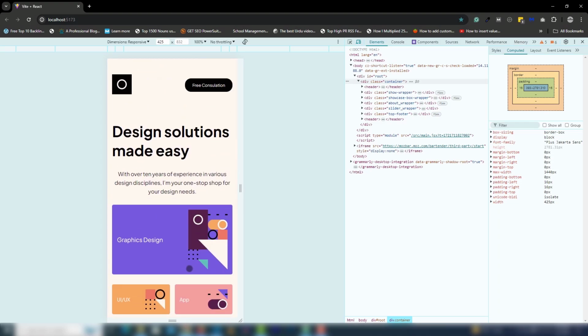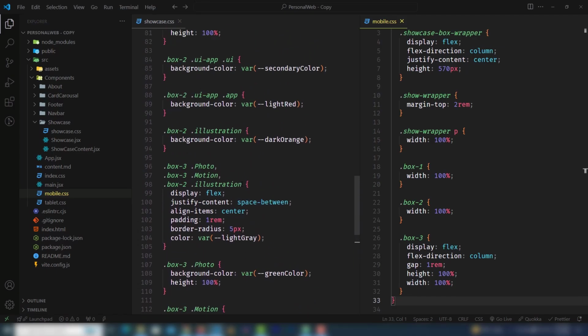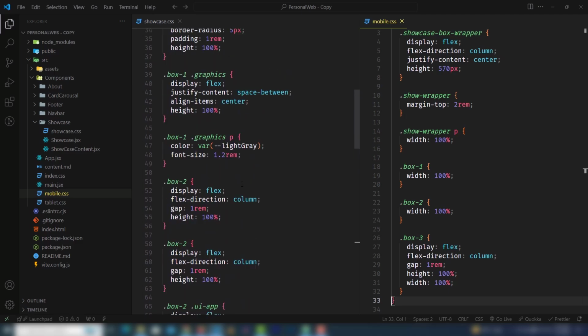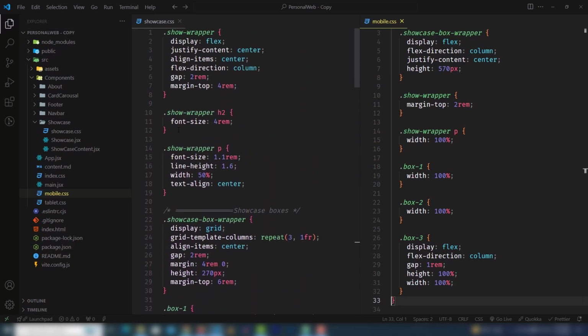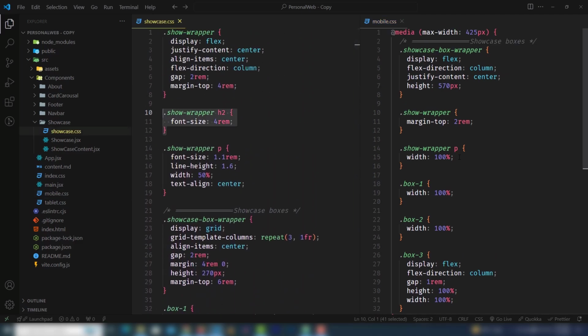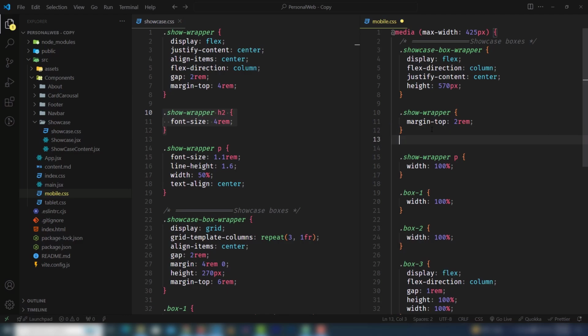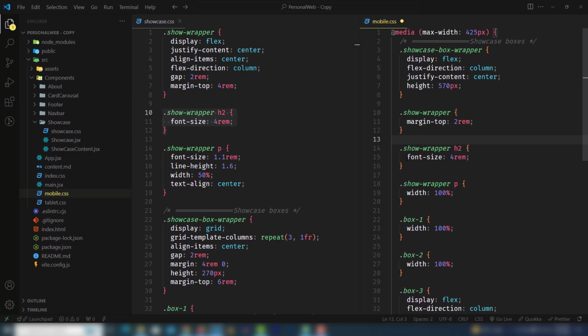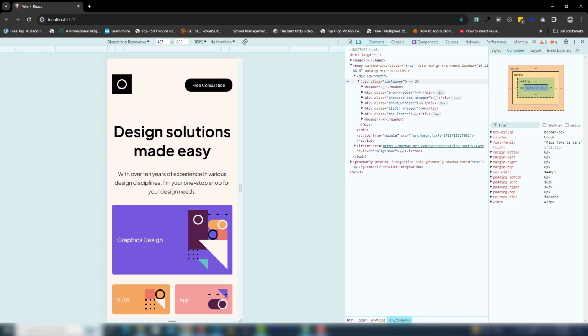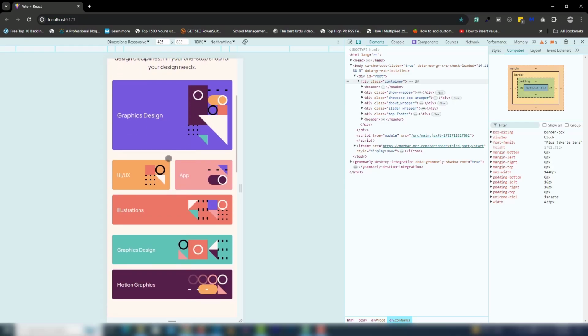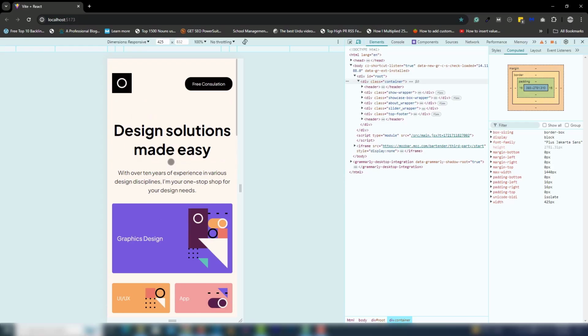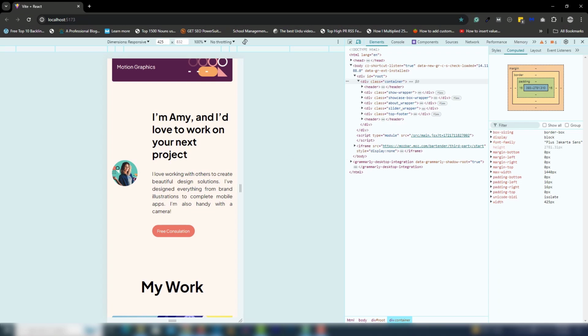Yeah, and also we need to fix the H2 that appears inside your top. So let me get this one, and I will use text align center. Yeah, great. Okay, let's see the